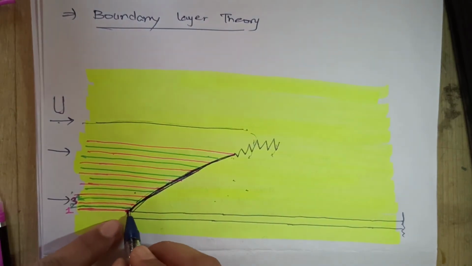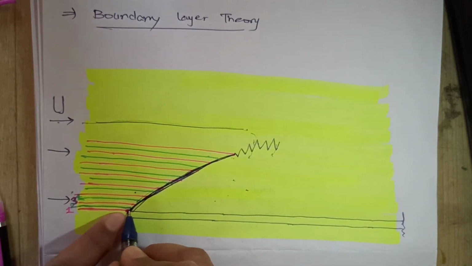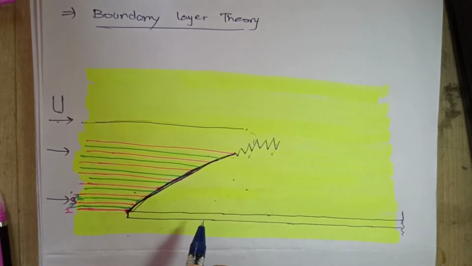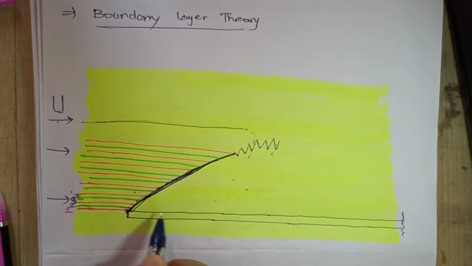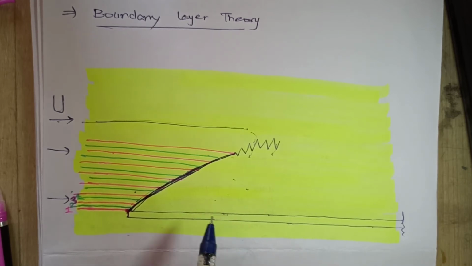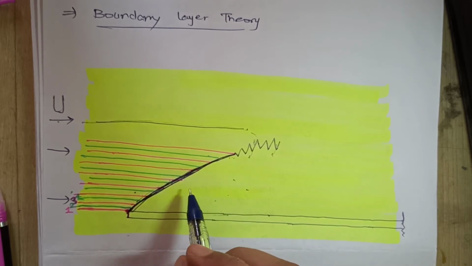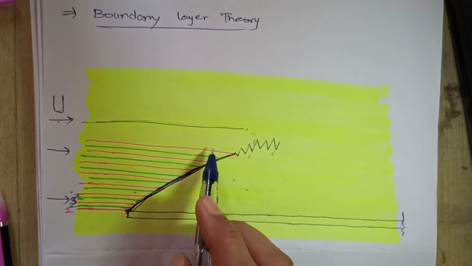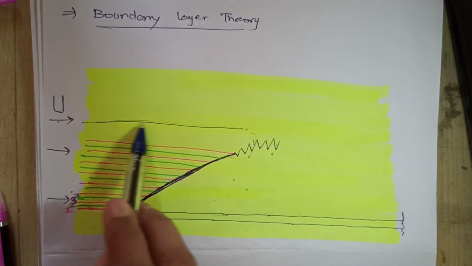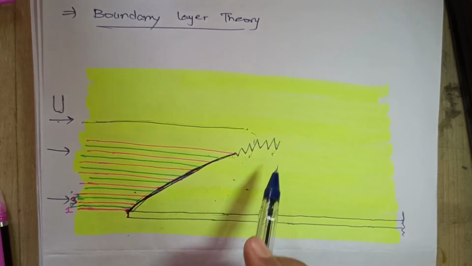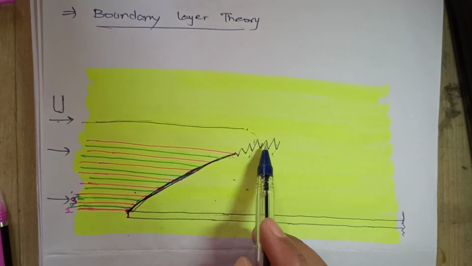Because at this point, the first edge of the plate, the velocity was completely zero. Why was it zero? It was in contact with the non-moving or immobile horizontal plate, and therefore the velocity was zero, and therefore pressure was very high at the surface of the plate. As the velocity went on increasing from the bottom to the top, the pressure started decreasing. Okay, and as the pressure of the boundary layer decreased, this flow started intruding into the boundary layer, and therefore it fluctuated the boundary layer.